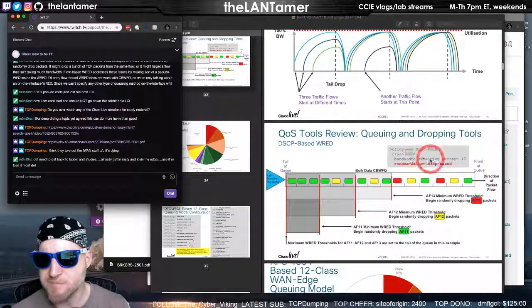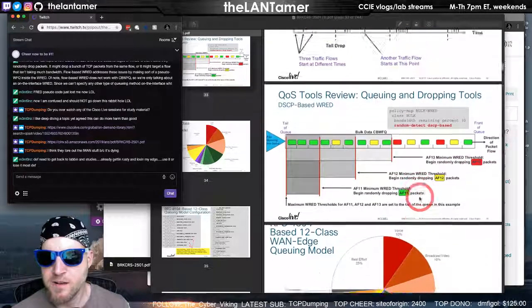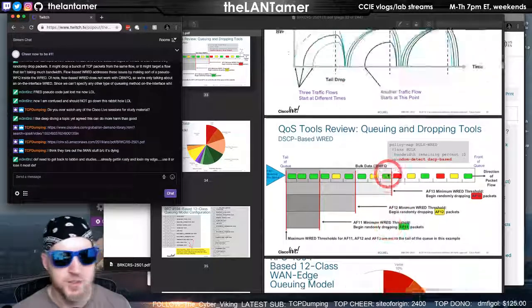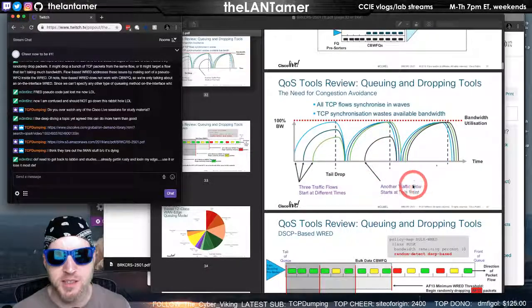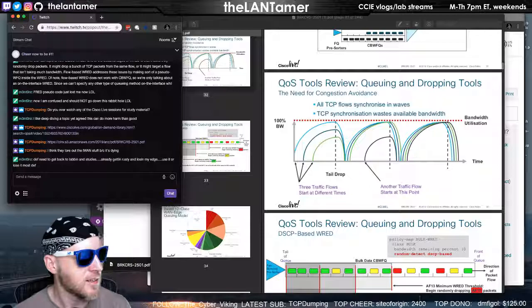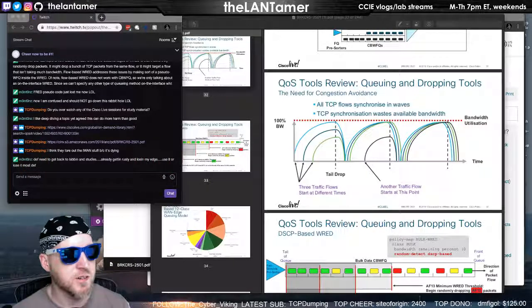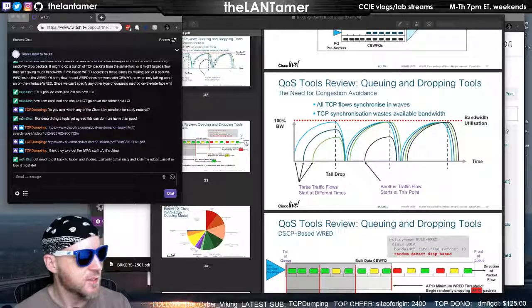This is where we are. Then we need to get back to lab and studies. Already getting rusty, losing my edge. Use it or lose it, man. So true. That's the thing, I'll get this one day, and if I don't use it, that's definitely where the flashcards help. I started catching up on those at lunch today.